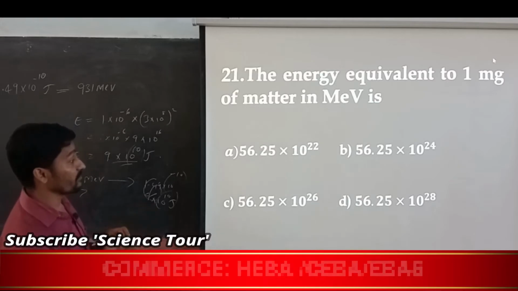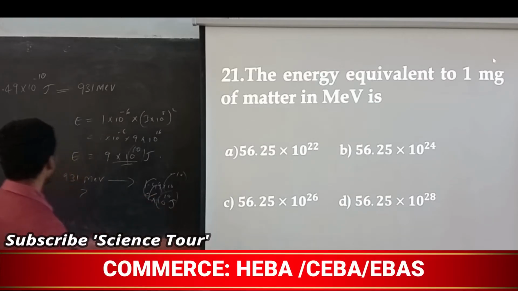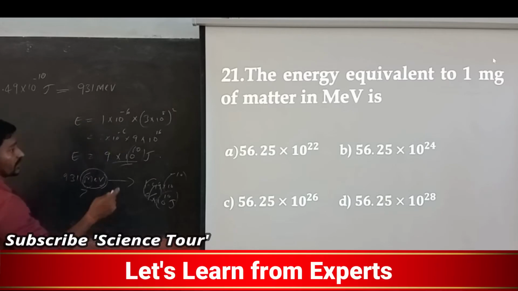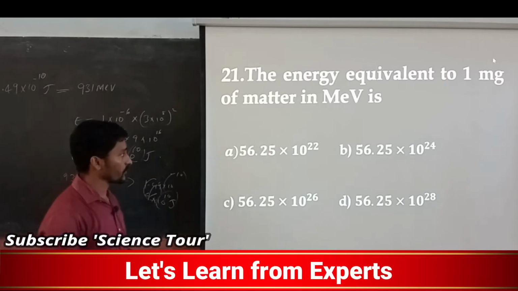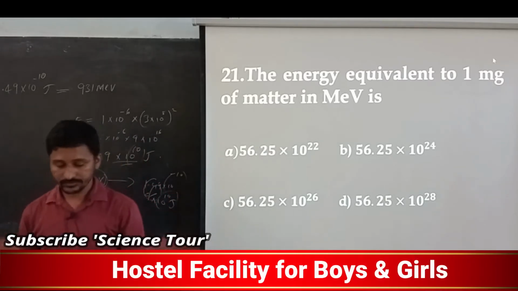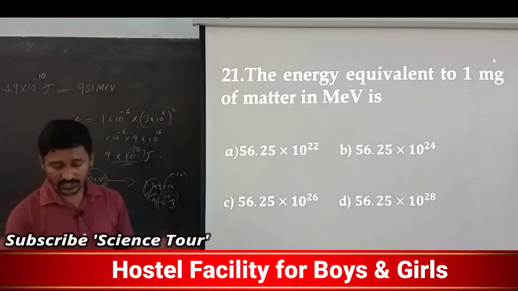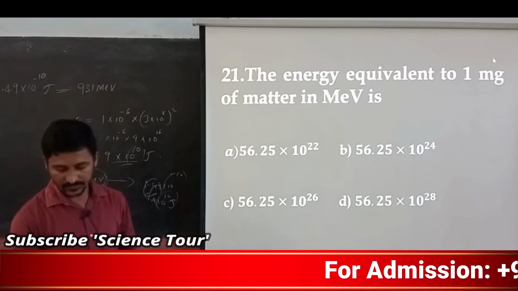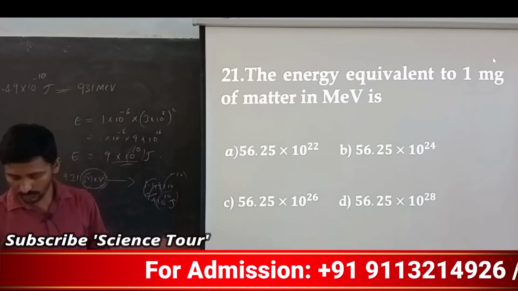And in terms of MeV you have to give. Already you are writing in MeV itself, right? So MeV is what you are going to get. M means, see, that is 20. So in terms of MeV you have to give, so for this you are going to get